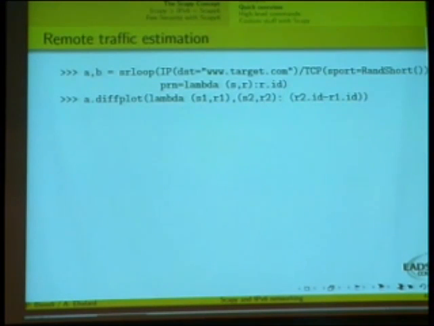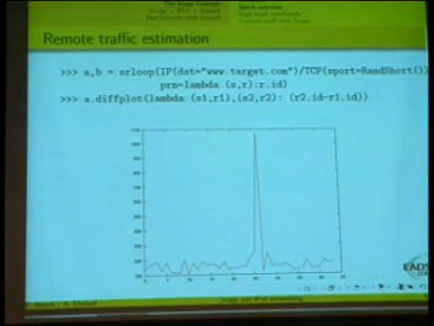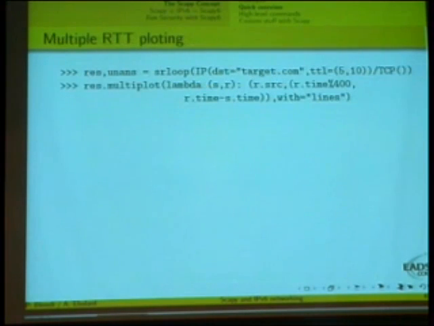We can also do traffic estimation if we have only 1 machine, and we can isolate 1 machine. So using the dplot, you will have an estimation of the traffic of the packets sent by the IP stack. We can also try to do a round trip time estimation just by doing this. This will